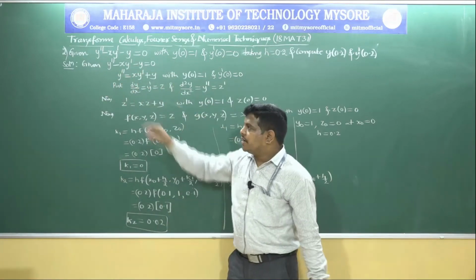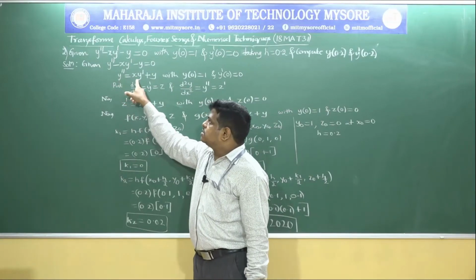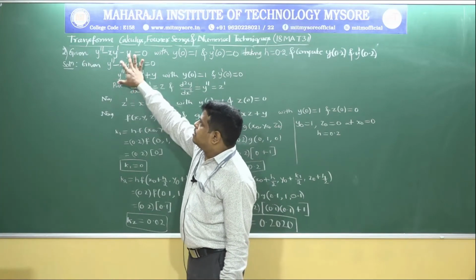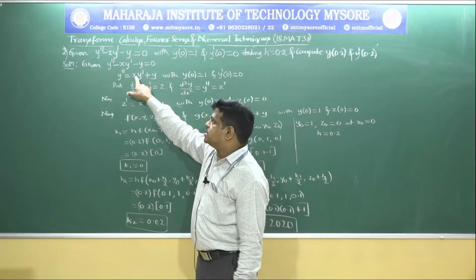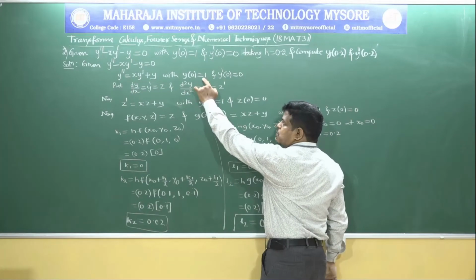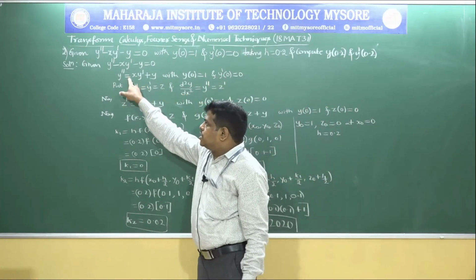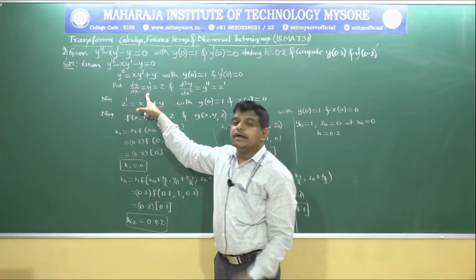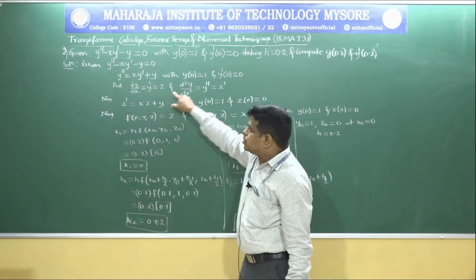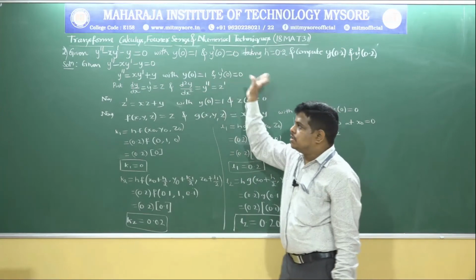First, we need to solve this for y double dash. Y double dash is nothing but your second order derivative. Y double dash equals xy dash plus y. On shifting to the right hand side, it becomes plus xy dash plus y. Given the initial conditions, y of 0 equals 1 and y dash of 0 equals 0. Next, I am taking the substitution, that is dy by dx can also be represented as y dash, that is equal to z. Next, differentiating with respect to x, first order becomes a second order, d square y by dx square equals y double dash, that is equal to z dash.